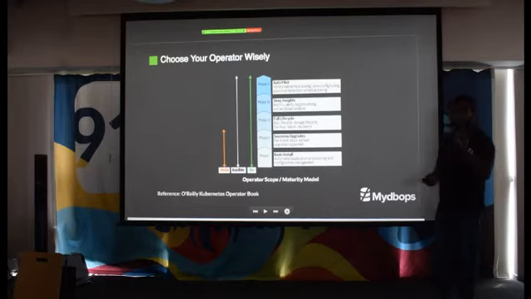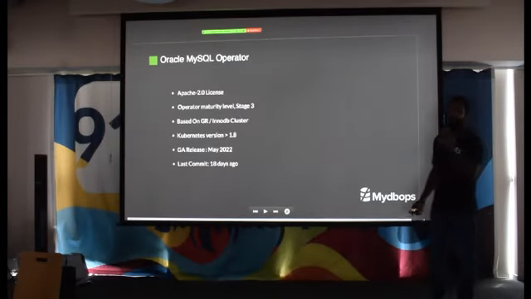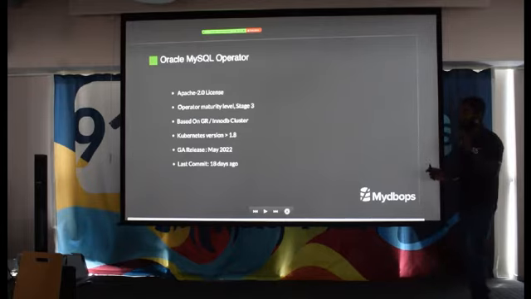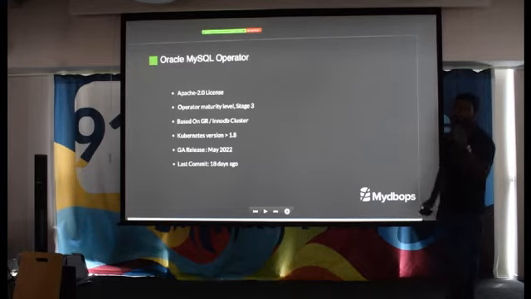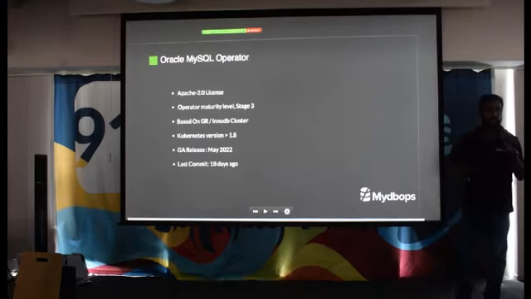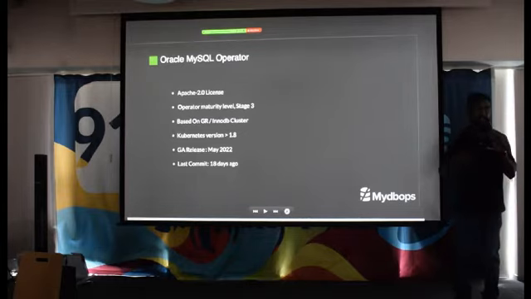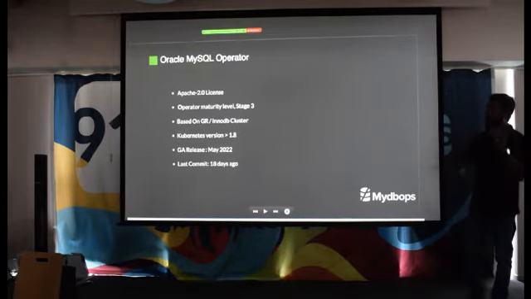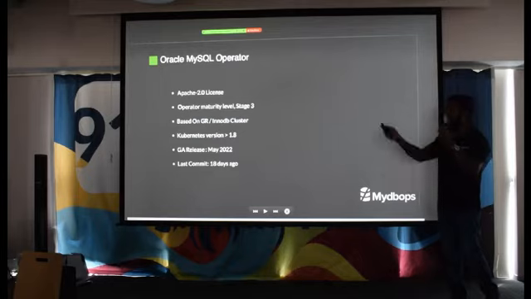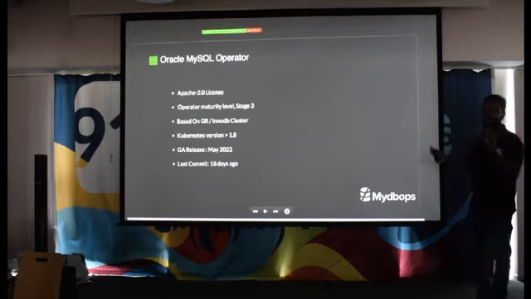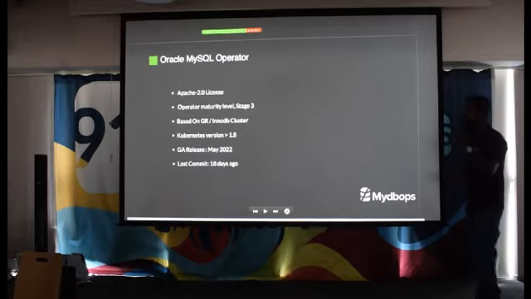Now let's move on to the next slide. Today we will be discussing the Oracle MySQL operator, which was recently released in May, as I said earlier. It comes with an Apache 2.0 license. That means you are free to edit the operator. You can patch it, you can add intelligence and resell it, or you can put it back to the community. And as we discussed, it's a level 3 maturity. It has full lifecycle management, not the autopilot one, and it is completely based upon GR and the